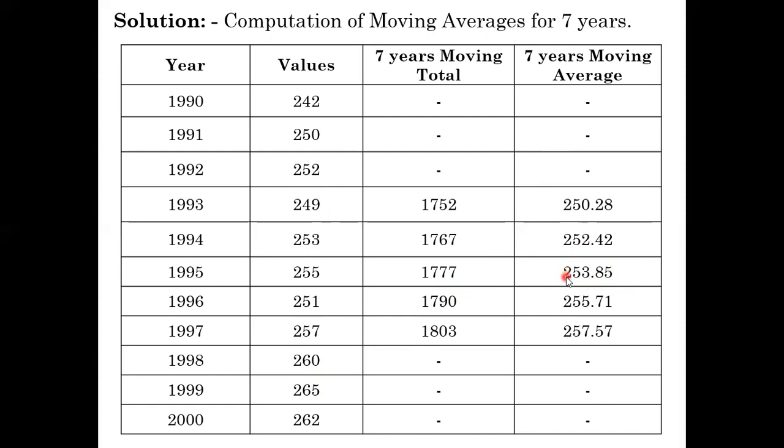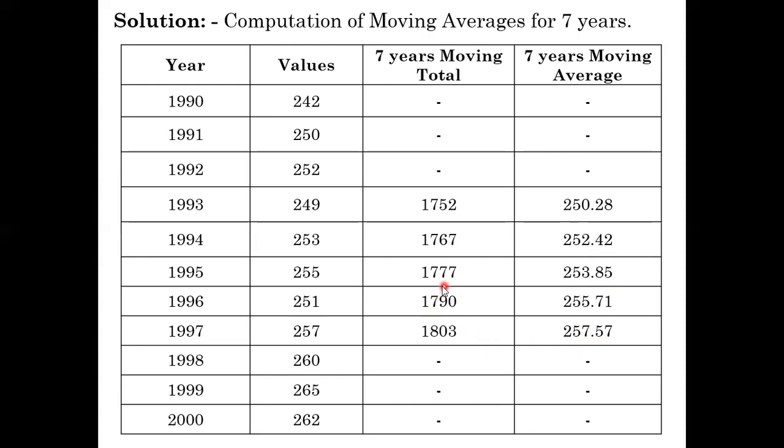Where if you want to show in the graph, as I told you earlier, if there are decimal fractions, you round up. Here 250.28 is there. So you keep 250 as it is. Here 252 as it is. Here you round it to 254 because .85 is more than 5. Therefore, you make it as 254. Here 256 you make it. 258 you do it. Okay, 258.